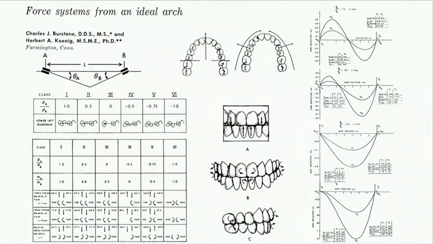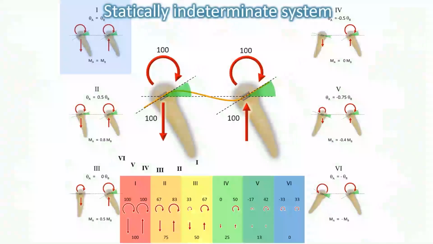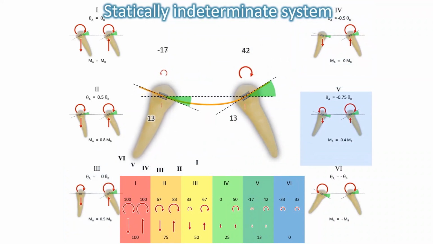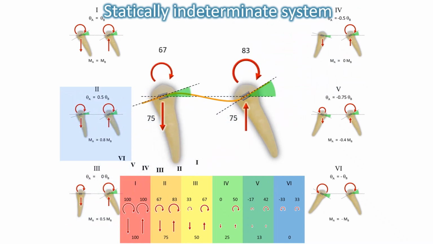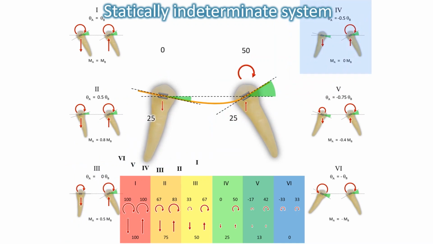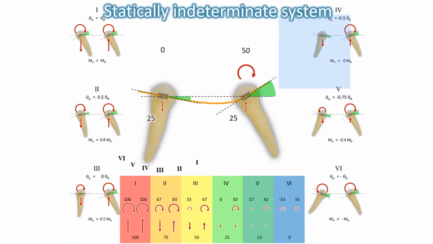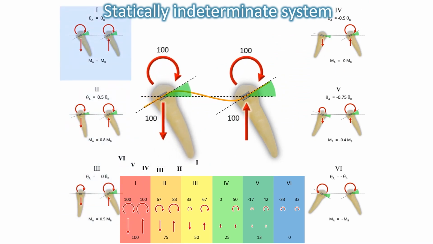Many graphs and tables are depicted to describe the force system. The message of this paper is that there are 6 geometries and the force system is changing in accordance with subtle change of angle between the wire and the brackets. Considering the complexity of even the simplest 2-tooth segment, it is needless to mention the complexity of a continuous full arch